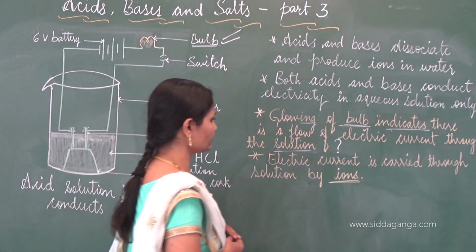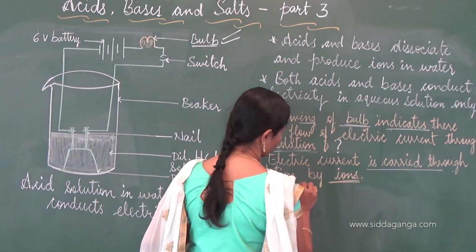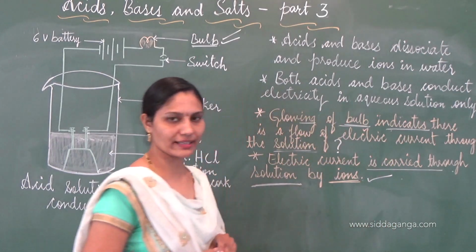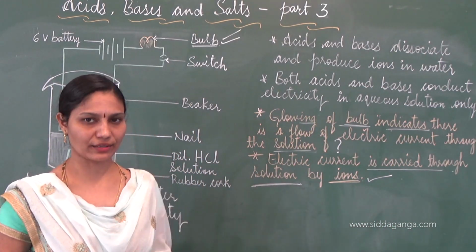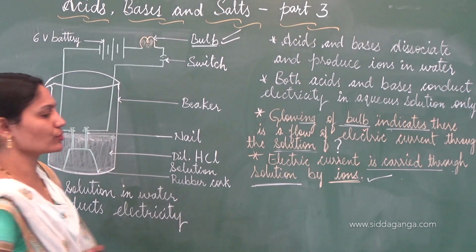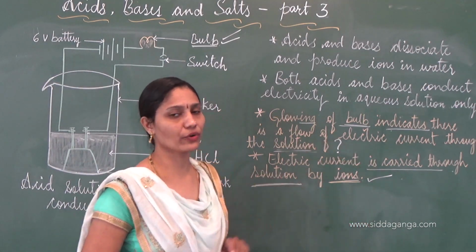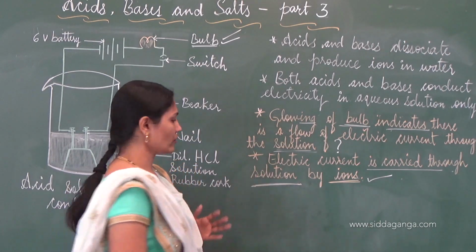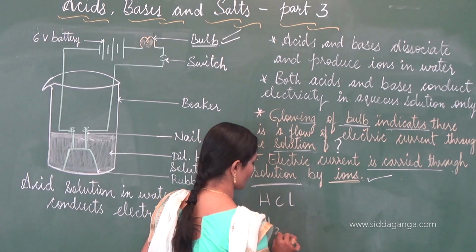We know that this electric current in aqueous solution is carried out by ions. Electric current is carried through the solutions by ions, by cations and anions. We know that the conduction of electricity in aqueous solution is due to the presence of ions in them. How did the ions form? Ions are formed due to the dissociation of acid. We took hydrochloric acid and sulfuric acid, right, H2SO4,